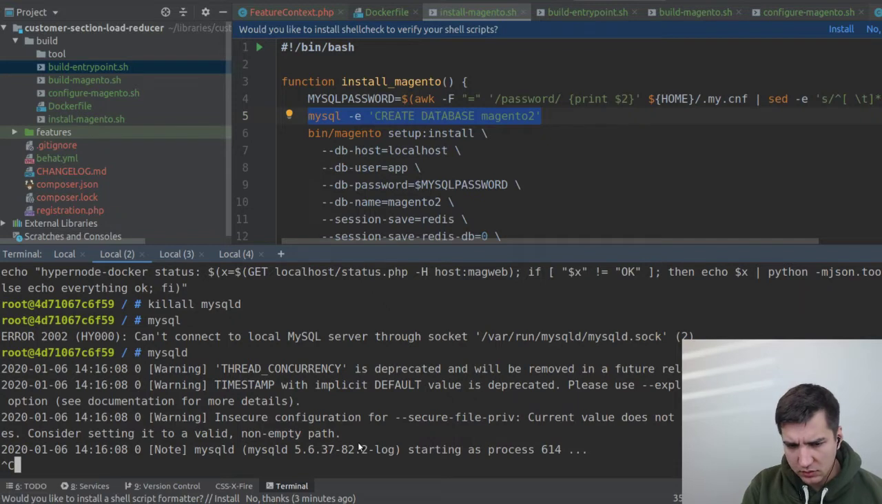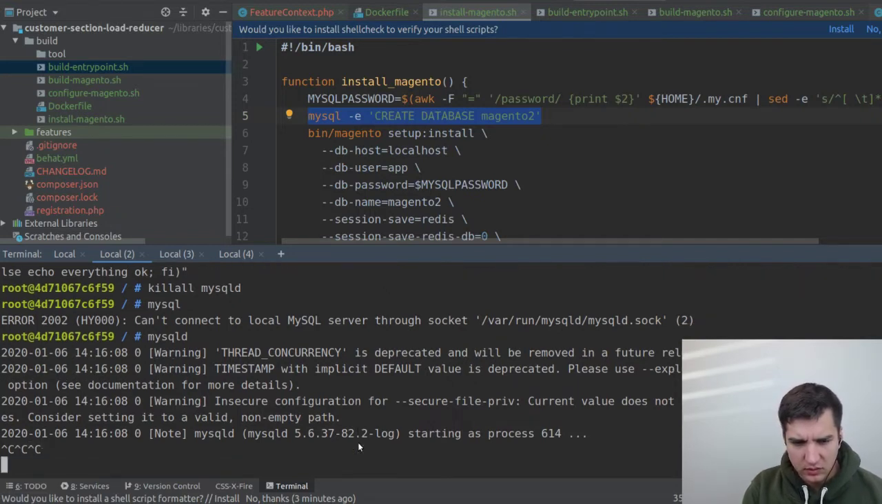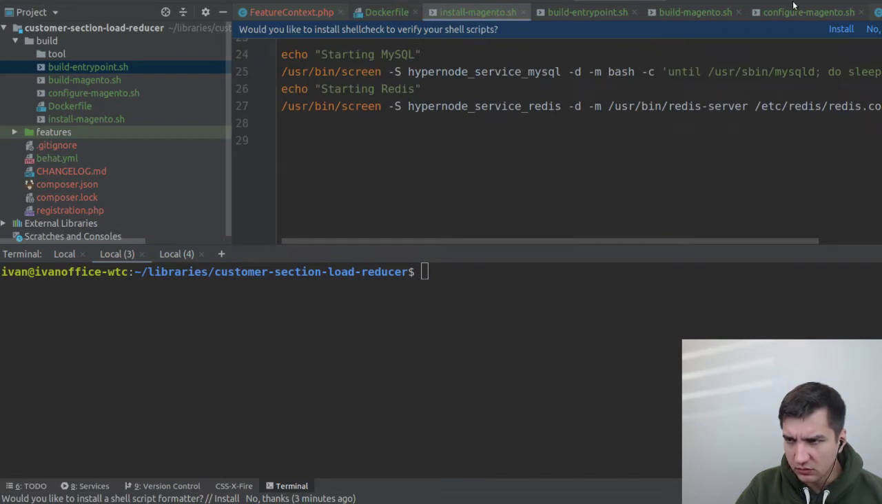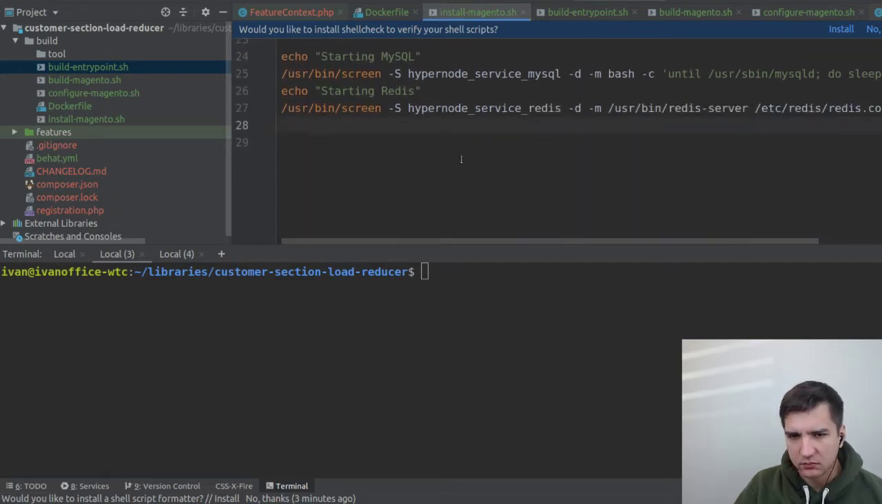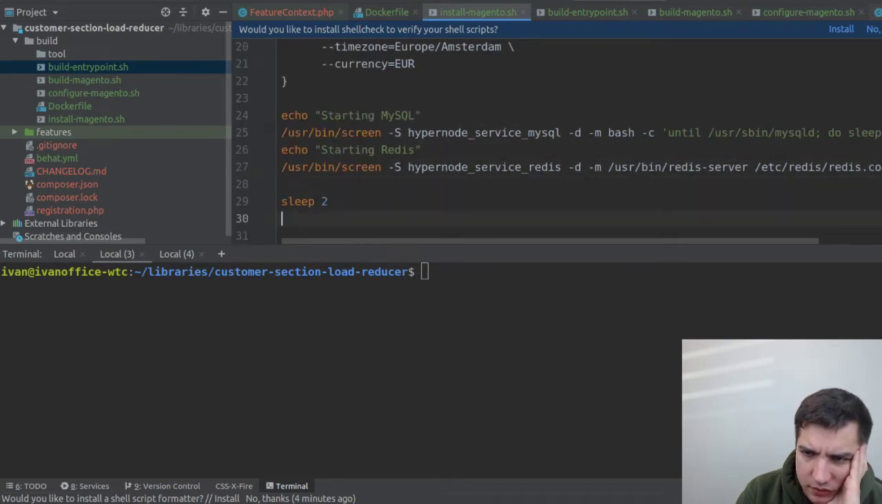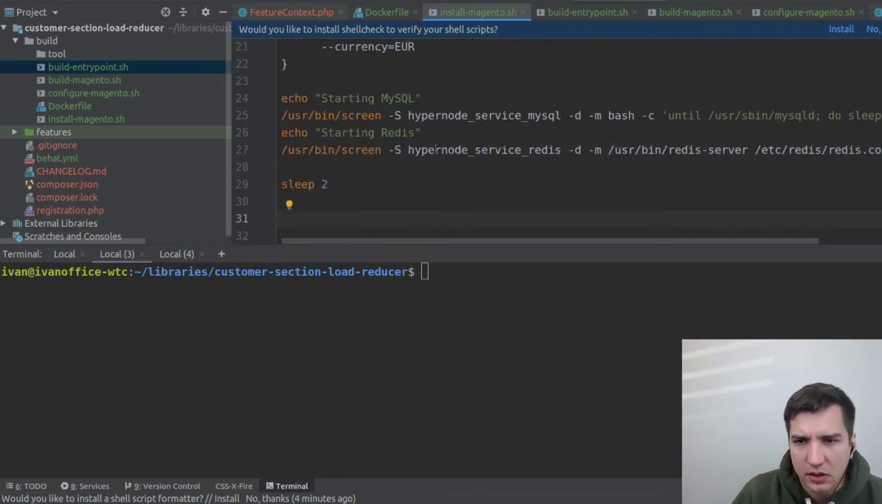Okay, so right now it's working, but I, for instance, want to probably just put some sleep for a couple of seconds in order to be able to wait for it to complete. So let's just put a sleep for 2 seconds. Then after these 2 services started, we can actually run